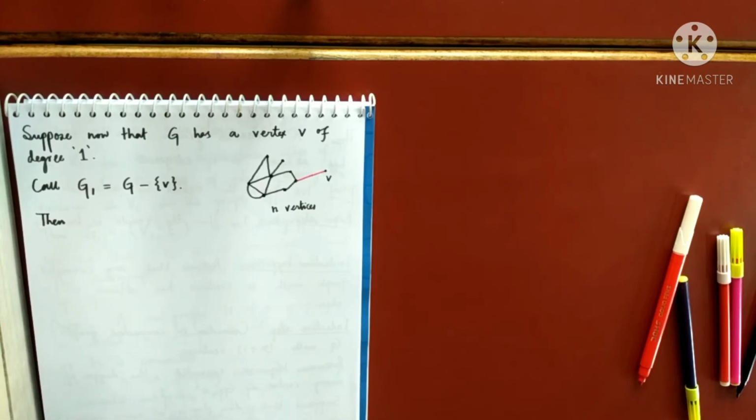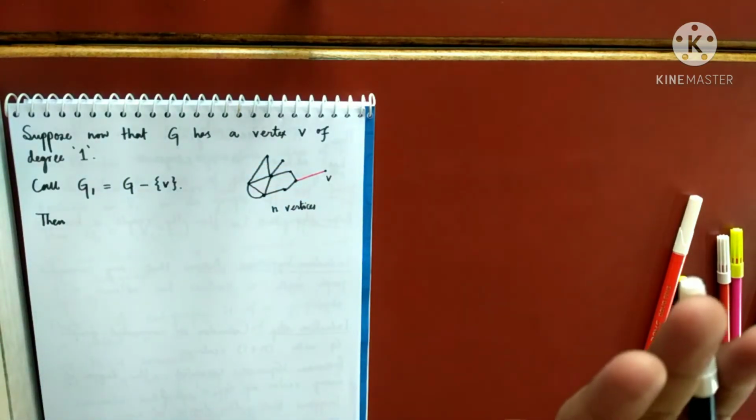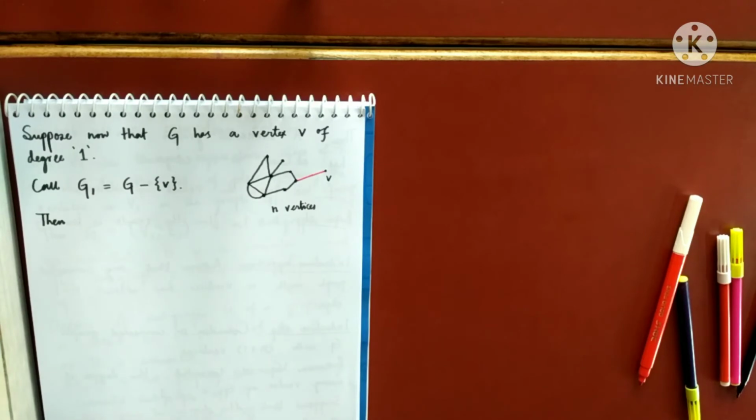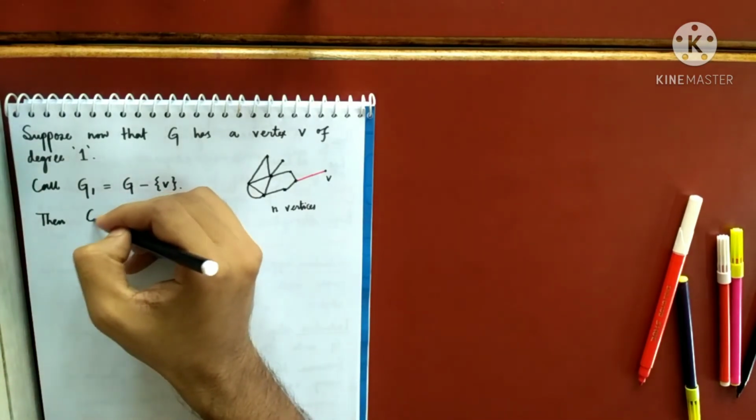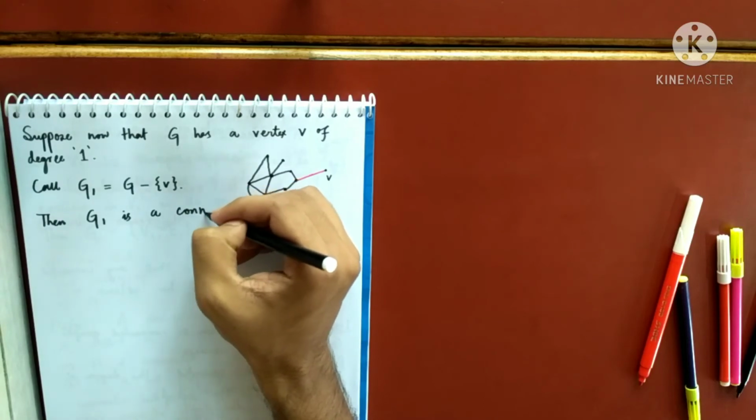Right? Because G1 is a subgraph of a connected graph. No, I cannot say that it must be connected, but by the construction I can see that it is connected. Right? So G1 is a connected graph